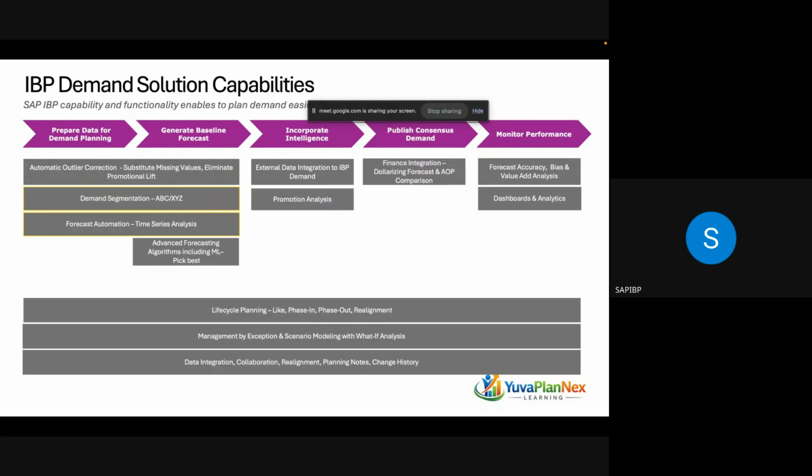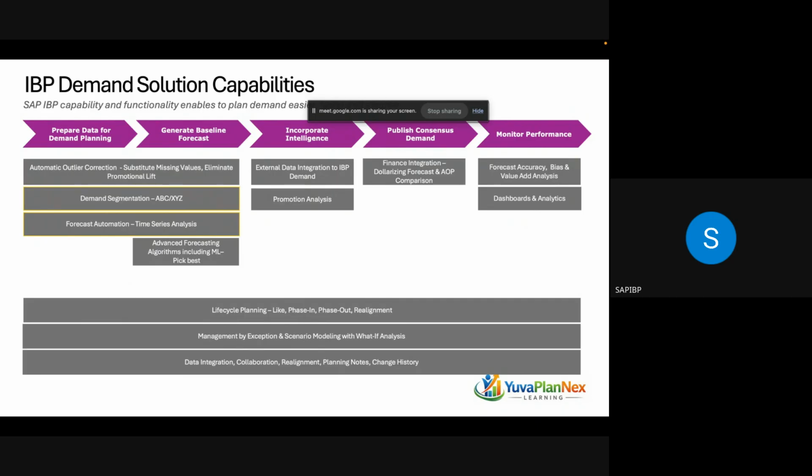Even it will support your life cycle planning. That means when you are introducing a product, how to handle the demand planning, or when you are moving out of the market very soon, for that kind of products, how to handle the demand planning, okay? Or you have set up the demand planning and later you are changing your supply chain network, either clubbing certain locations together or removing certain locations. You want to adjust your existing supply chain network with the demand planning.